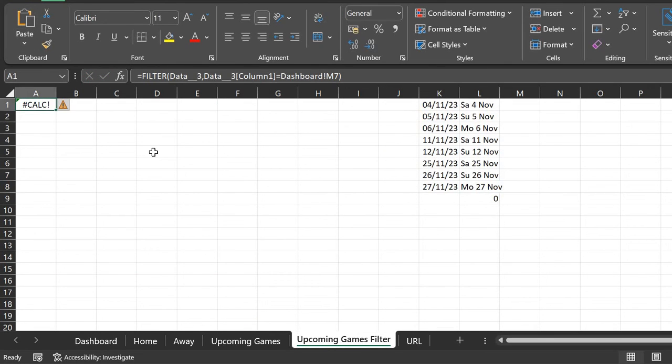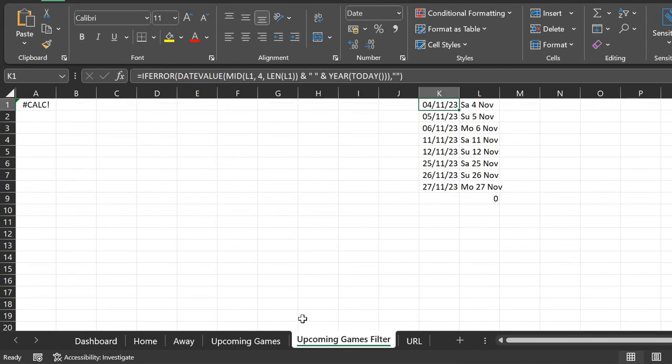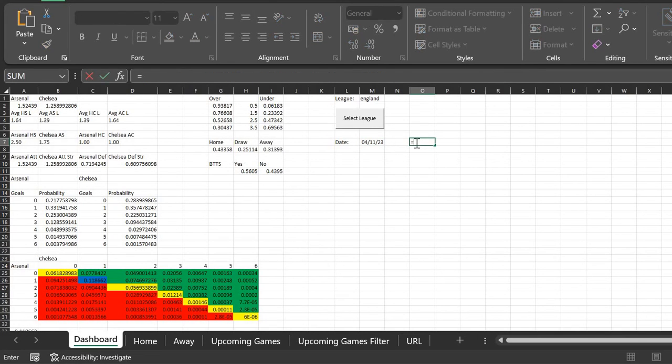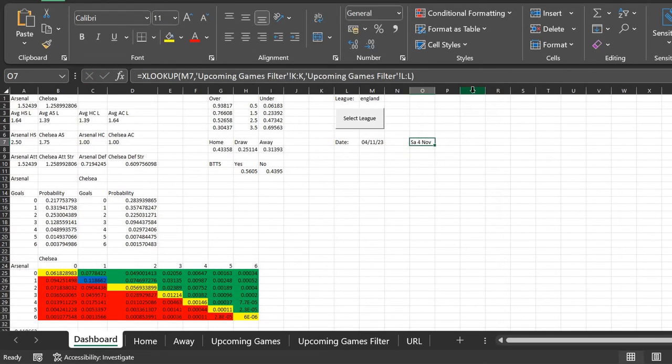And as you can imagine, that is because we've obviously called it the wrong name, okay? So we've searched for it in this form rather than this form. So we're just going to go over here, to our dashboard, and get the format that they wanted, so equals XLOOKUP, and we're going to look up the value that they've chosen from our upcoming games filter, so that'll be in this column, and we're going to return this column over here, and that should give us, there you go, Saturday